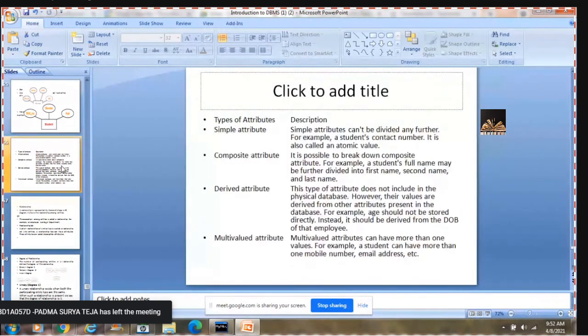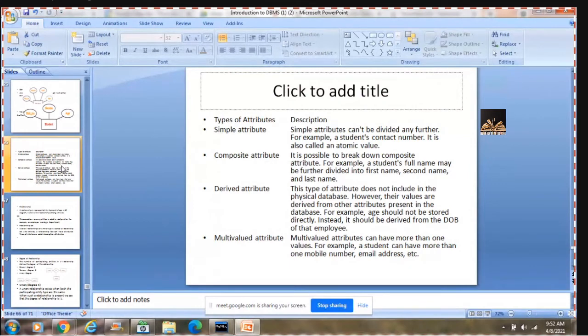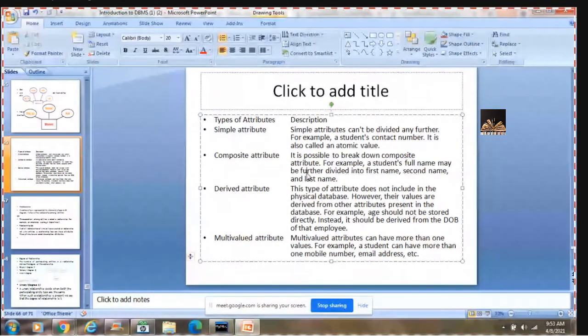Kinds of attributes that you have in the ER model. A brief description of the different kinds of attributes is written over here. Go through the slide for 2 minutes.